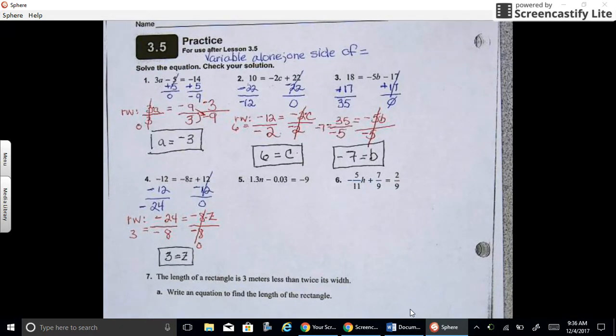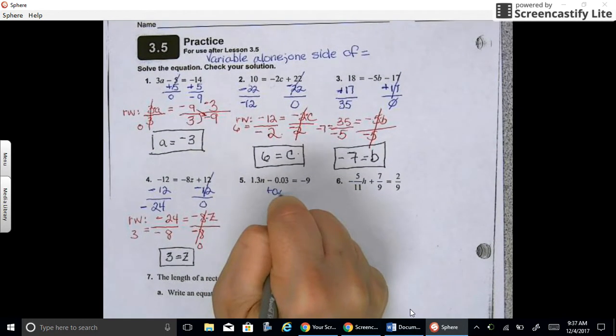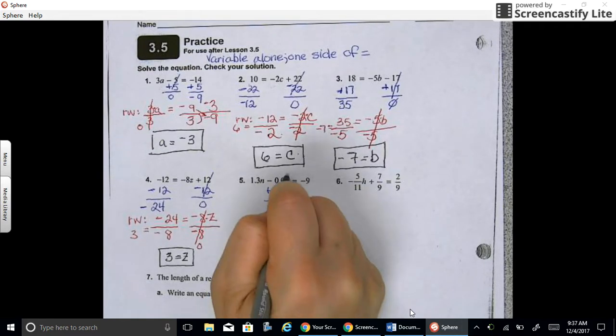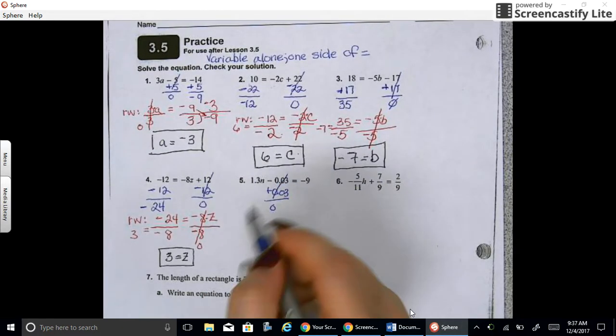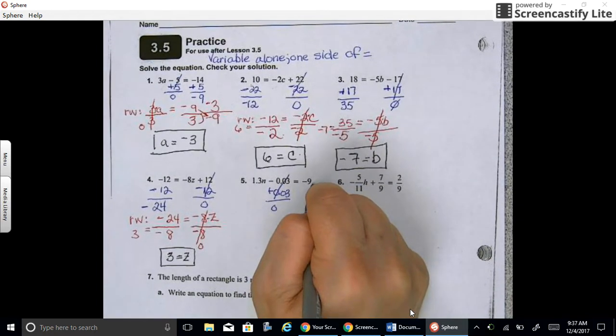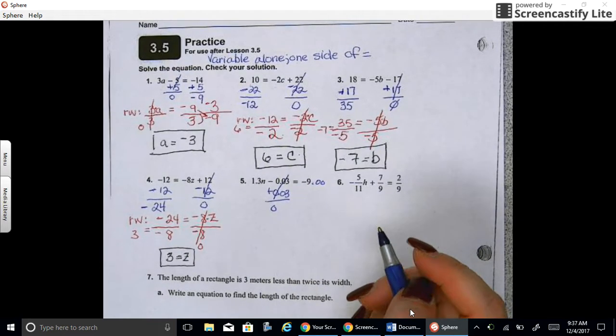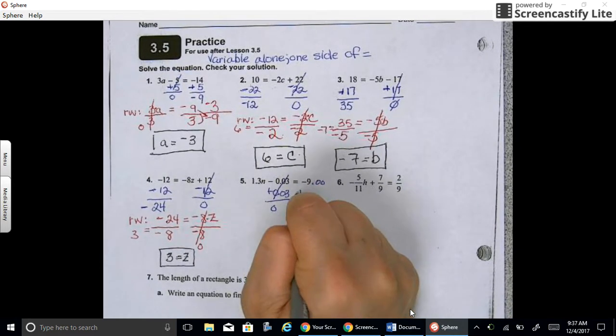So we've got to get 0.03 on the other side of the equal sign. How am I going to move it over there? It's a negative number now, so you have to put a positive number underneath it, which would be 0.03. Good. And that will cancel out to 0, right? So what I do on one side of the equal sign, I'm going to do on the other. So after that -9, I'm going to put 0.00 because zeros mean nothing in math and it doesn't change anything. And now I'm going to add that